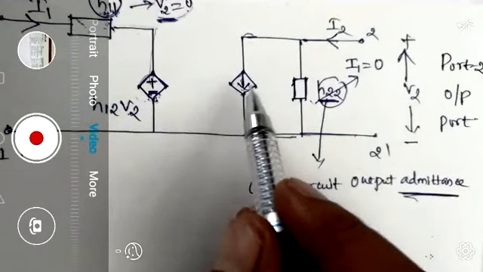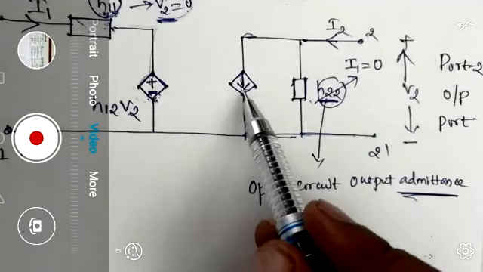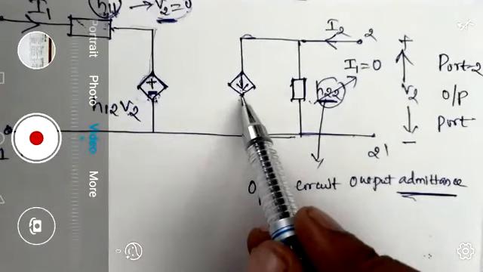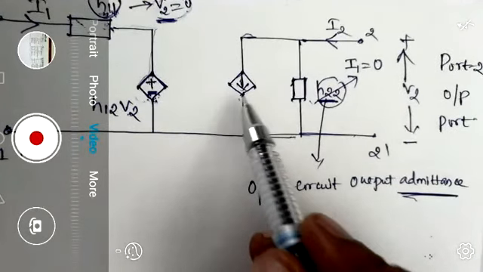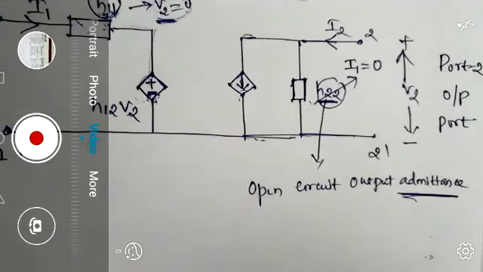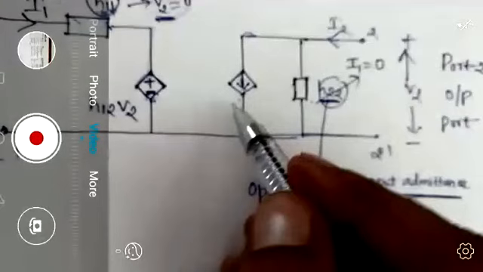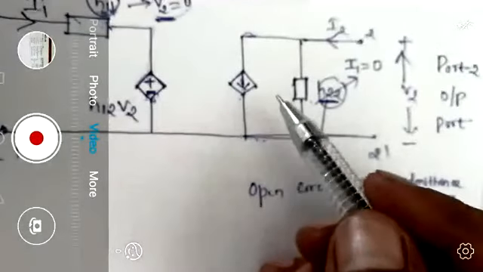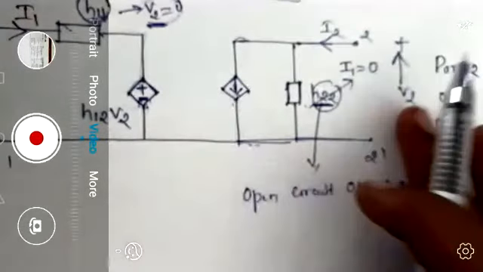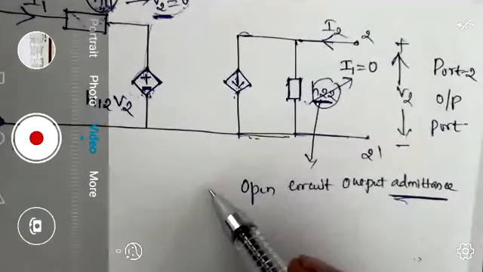Next question is, which kind of dependent current source it is, whether it is a voltage dependent current source or current dependent current source? Current dependent current source. Very good. Now tell me the value of this one. My next question is, why it is a current dependent current source? Because I1 equal to 0.